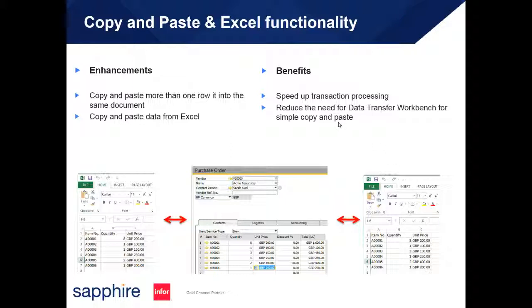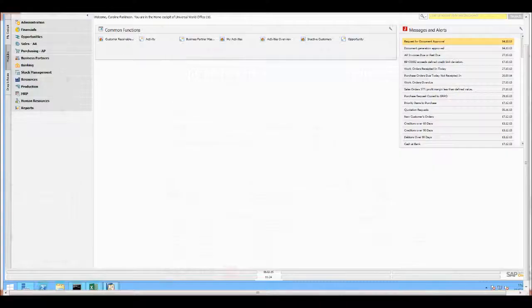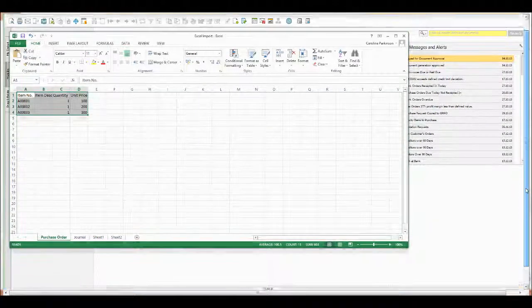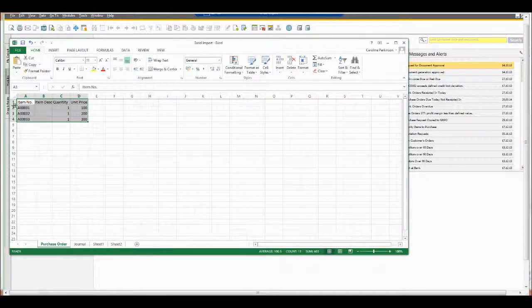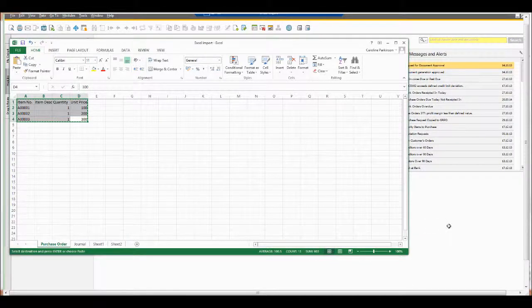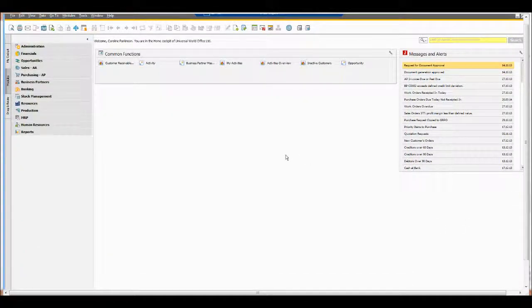So we'll just come into SAP Business One, and what I'm going to do, I'm just going to open up Excel. And we can see here I have just populated some information into Excel. So I've just typed in item number, quantity and unit price. I'm just going to highlight that information, right click, copy, and I'm going to come into SAP Business One, and